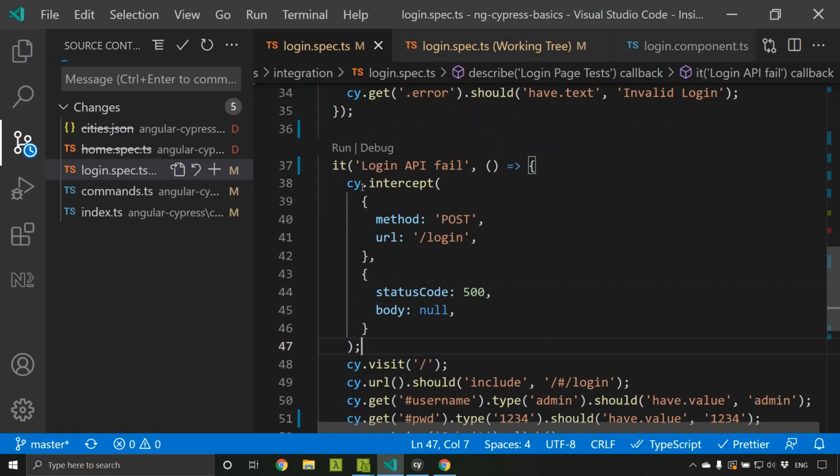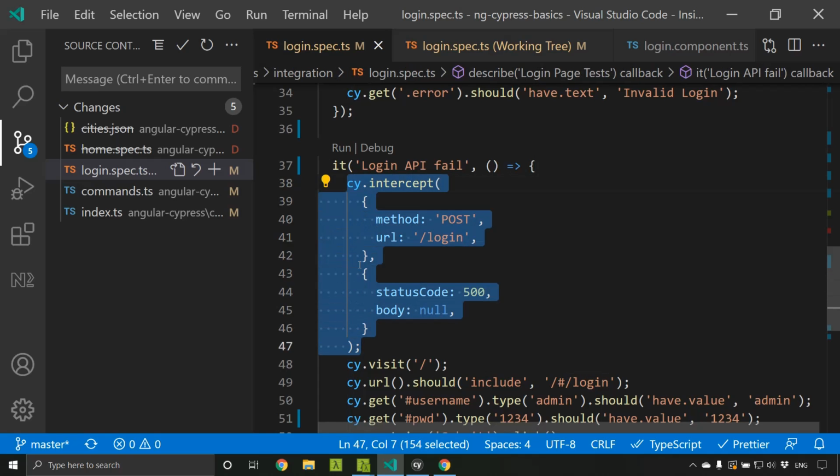So this is the command cy.intercept, and within that you will be able to set up a route. So actually this is called a stub. So whenever the actual call to that particular API, the login API, is made, this stub will be executed and it will be returning this particular response.